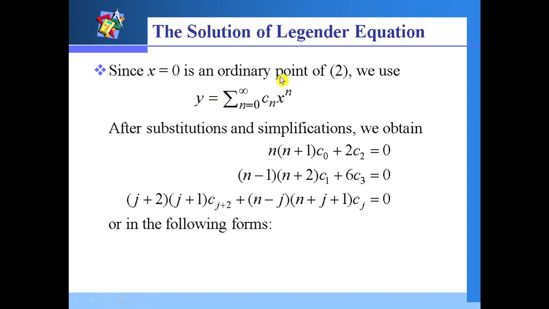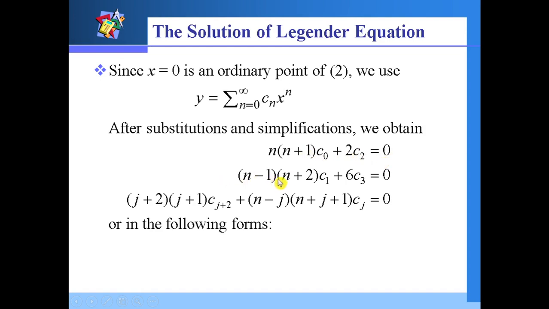Here is the solution of the Legendre equation. Since x equal to 0 is an ordinary point of equation 2, the first solution of the Legendre equation is y equal to summation n equal to 0 to infinity c_n x^n. After substituting this form and simplification, we obtain n(n+1)c0 + 2c2 = 0,